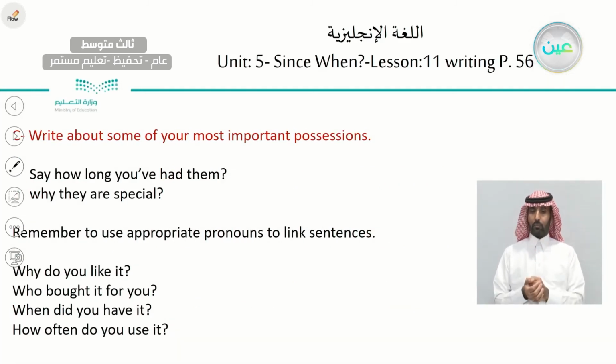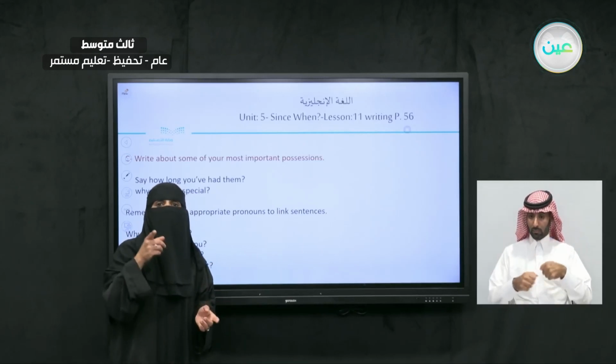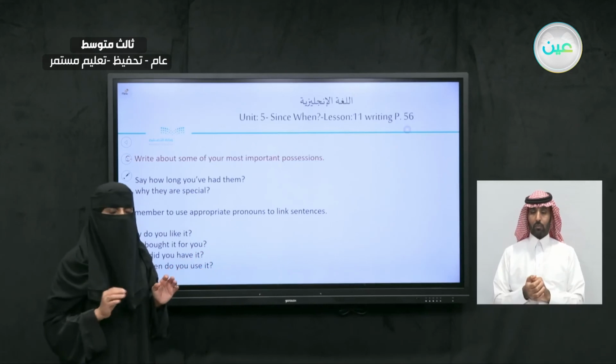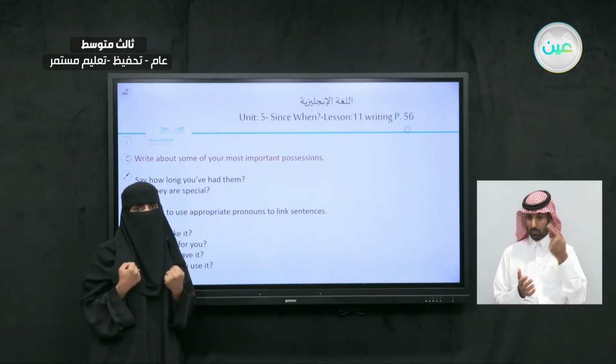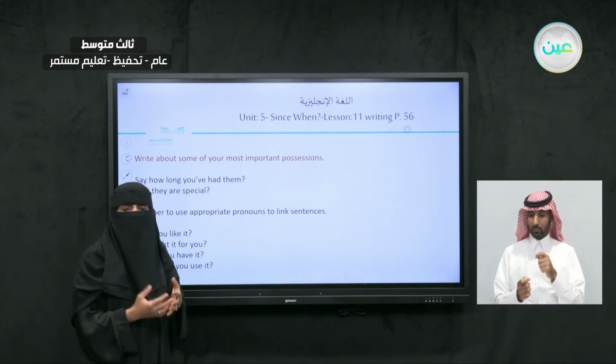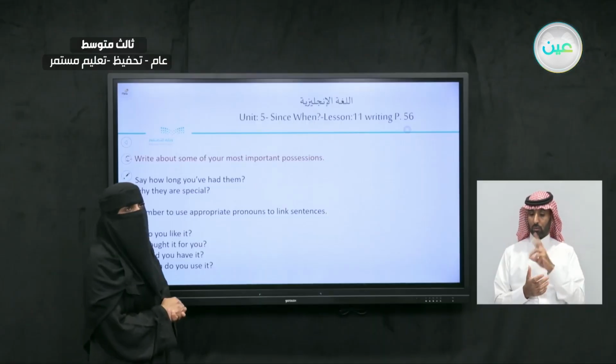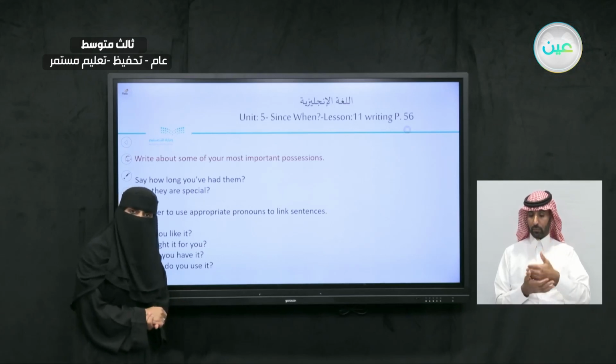Okay? For exercise C, write about some of your most important possessions. Do you remember the boy who wrote something about bikes? You should write something similar. For our writing, you will think about something you have. Choose this object you have. Tell me why it is important to you. Say how long you've had it and why it is special. For example, if you're saying my favorite possession is my laptop, tell me when